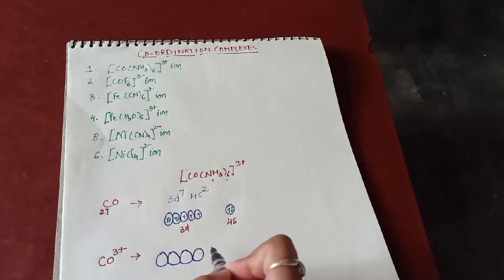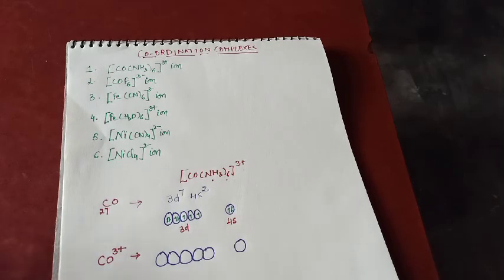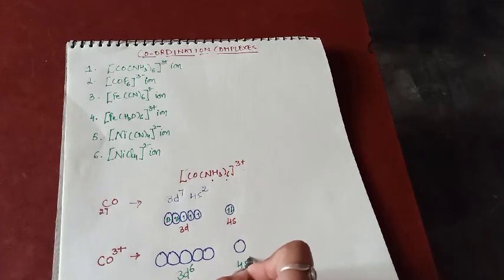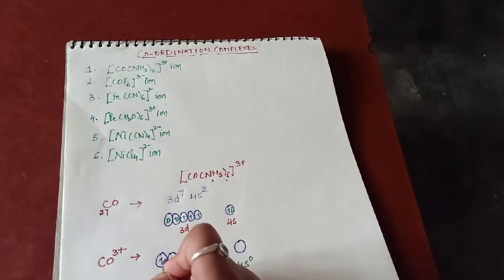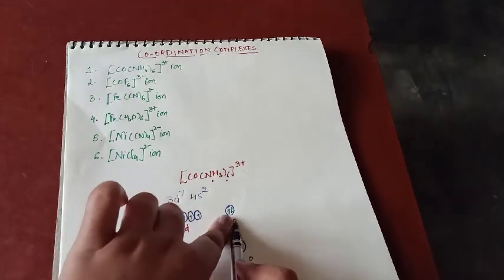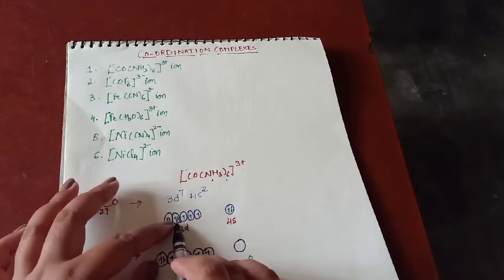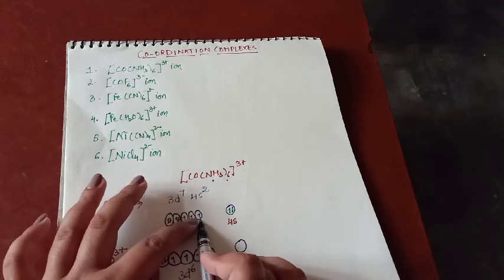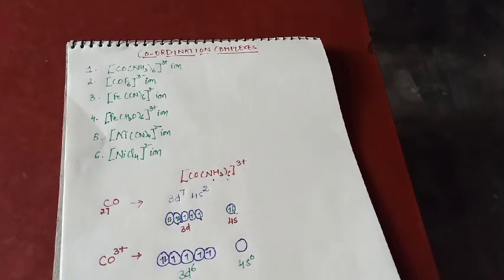So accordingly, cobalt in its +3 oxidation state, the orbital picture of the electronic configuration we will make so that it will be more clear to you. Okay, so this will be 3d6 4s0. We will fill the electrons here. 1 2 3 4 5 6. 2 electrons will be removed from the 4s orbital and 1 electron from this orbital, the second one. Okay, definitely the electrons will be removed first from the paired orbital instead of the electrons that are present unpaired. First of all the outer orbital 1 2, then this one. So these electrons are removed here.